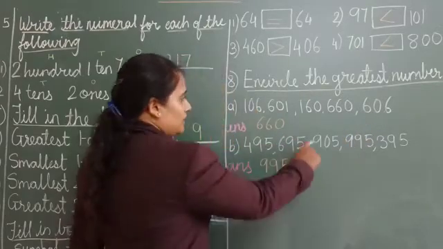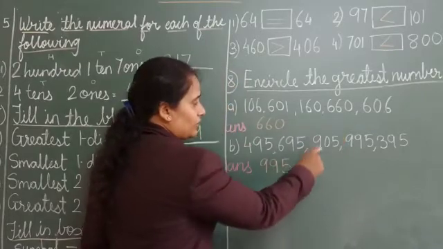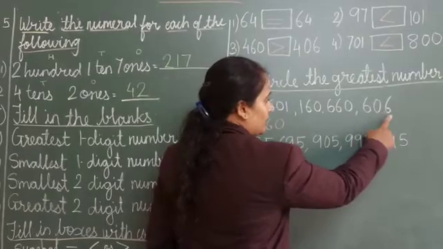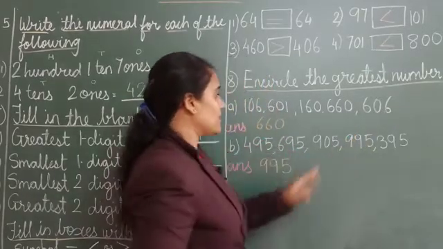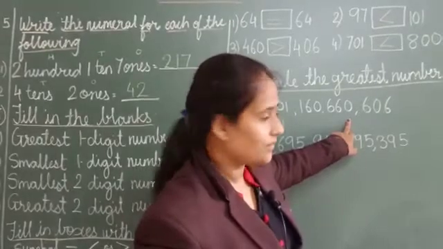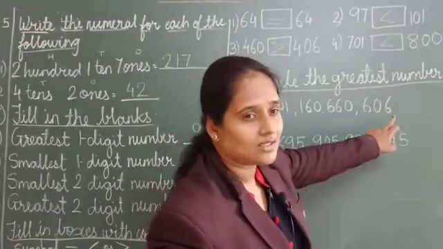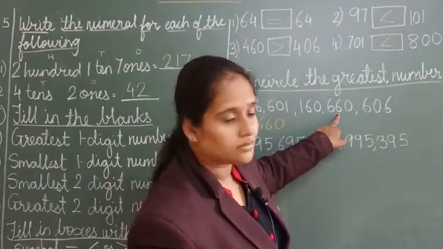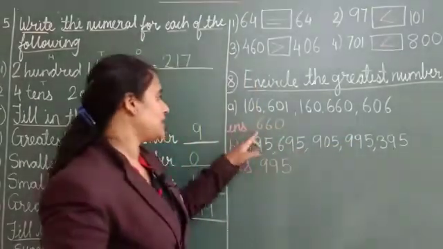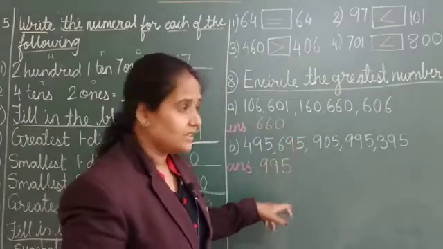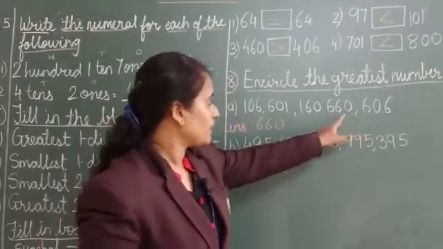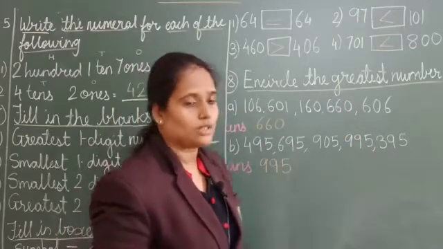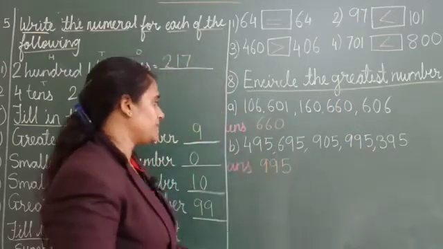Now we will come to the second digit. We will check with the second digit. Now it is 60 and over here it is 0. Again we have 6. So how will you read this? 660 and here 606. So among these, 660 is the greatest number. So the answer will be 660. If the starting number is the same, you have to go to the other digits, like tens and ones, and check with those.